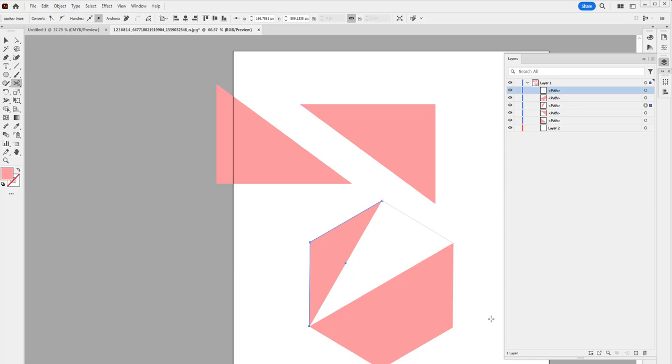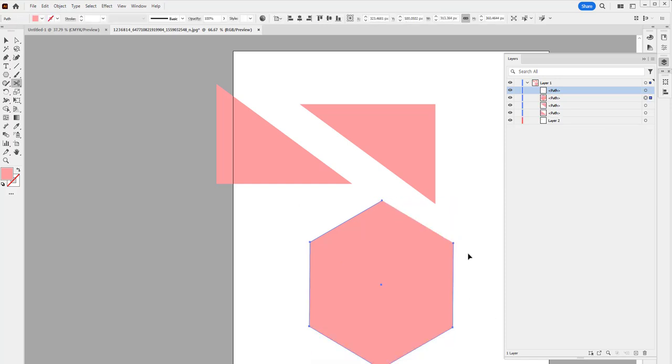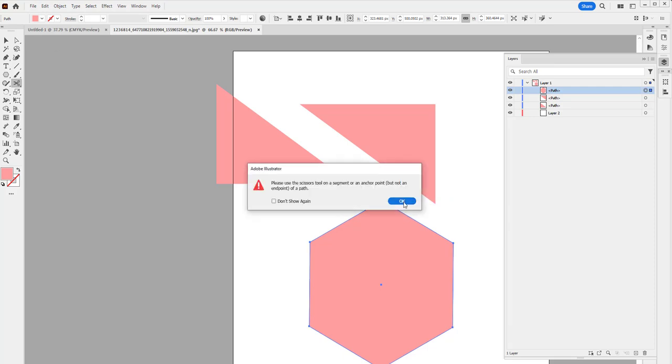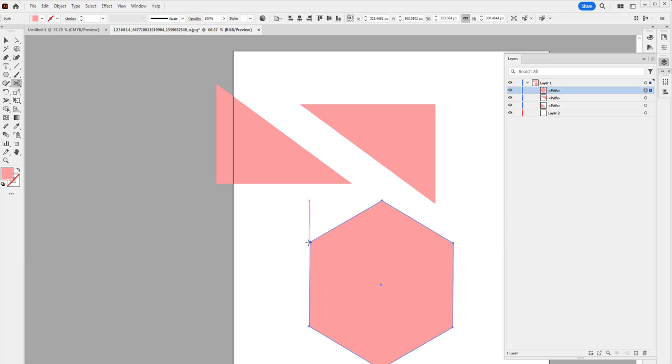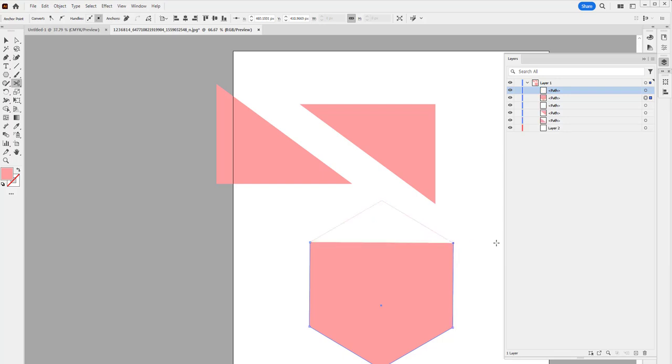That's how it works. So if you point it here, it's not, but if you point it here and here, here, it's working. If you point it on the lines, anchor lines, it is working.